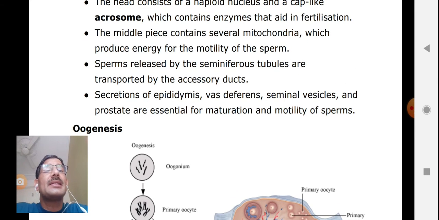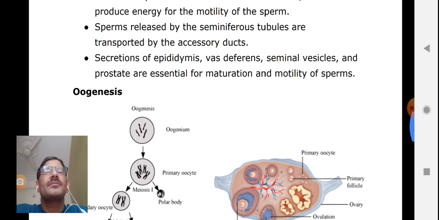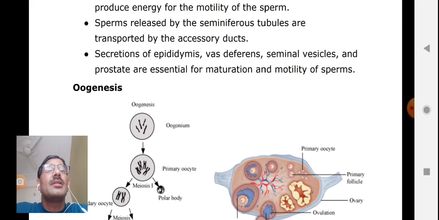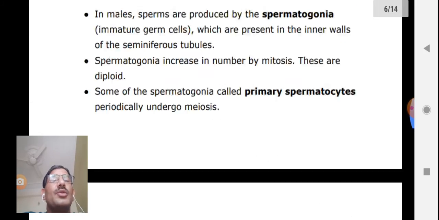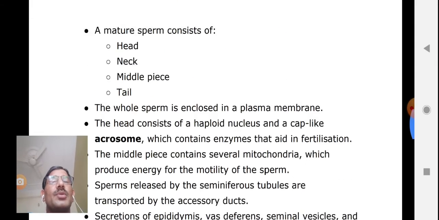Sperm released by seminiferous tubules are transported by accessory ducts. Accessory ducts means vasa efferentia first, then epididymis where they are stored temporarily, then vas deferens and ejaculatory duct. Secretions of epididymis, vas deferens, seminal vesicle and prostate gland are essential for maturation and motility of sperms. It's all about spermatogenesis. Now we come to the second